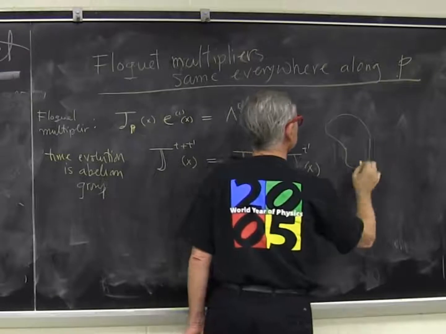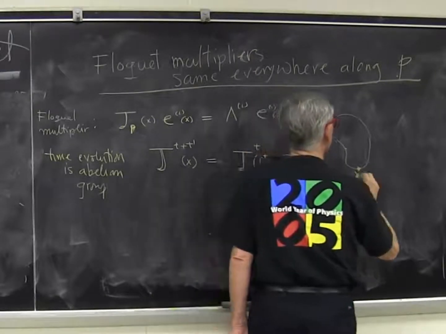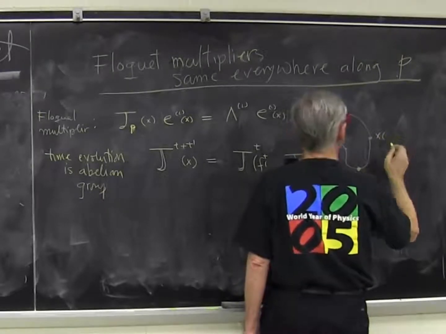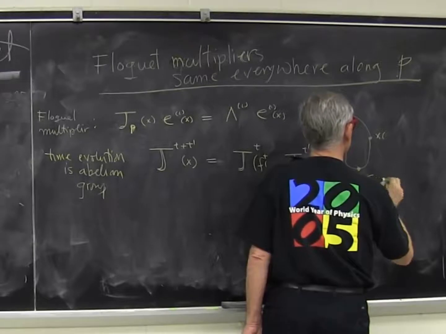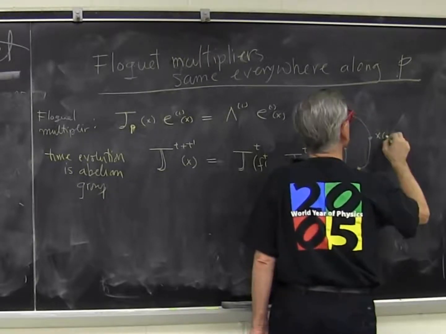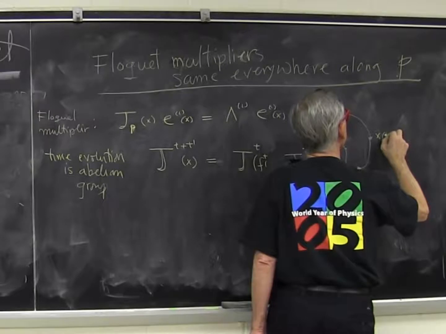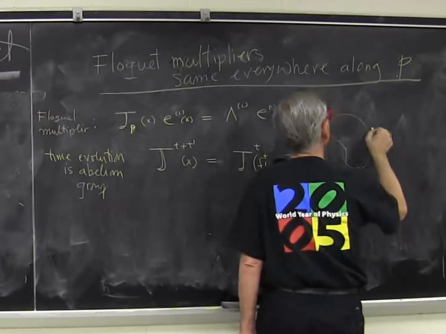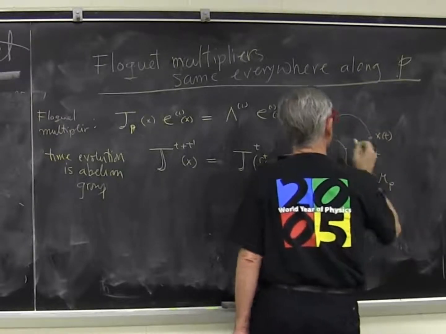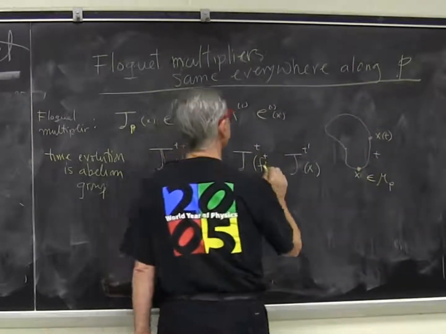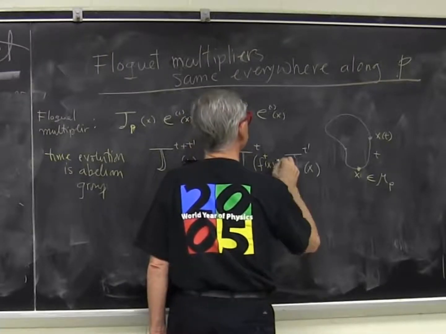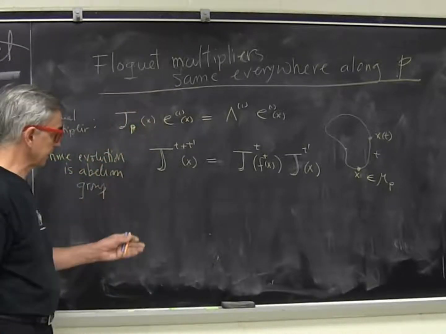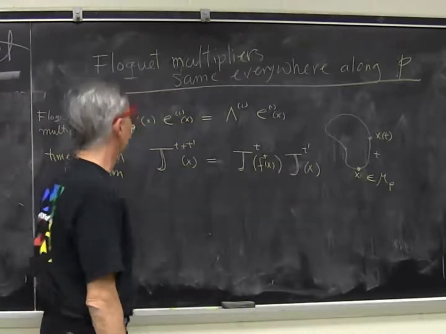the trajectory. So this is x at time t, and this is x at time, well, that's just x, an element of the periodic orbit. This is where I'm time t later. And the way we have done this is that, so that's a group property. Jacobians multiply along the flow.